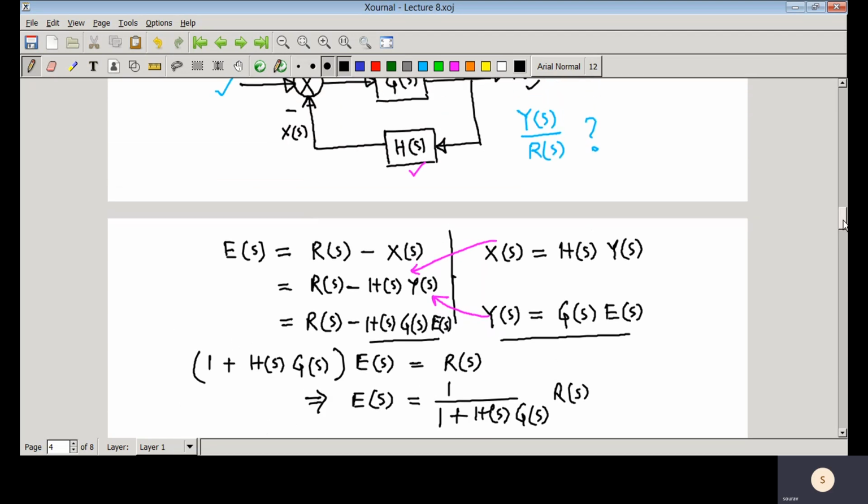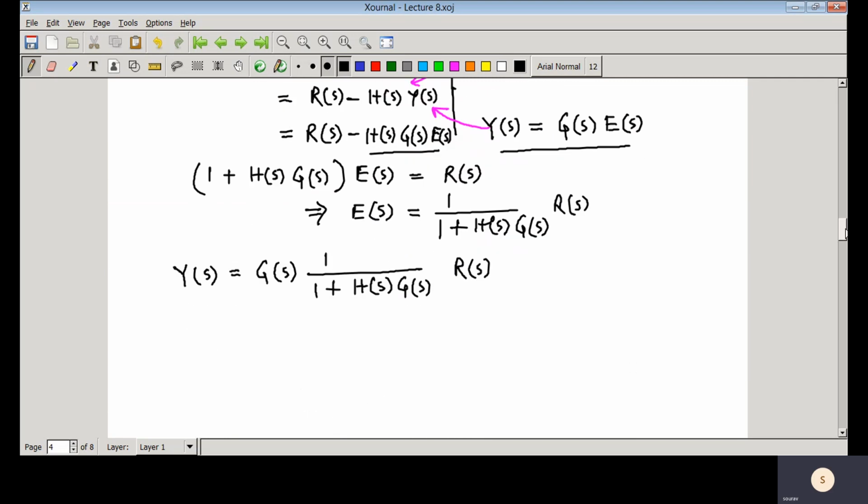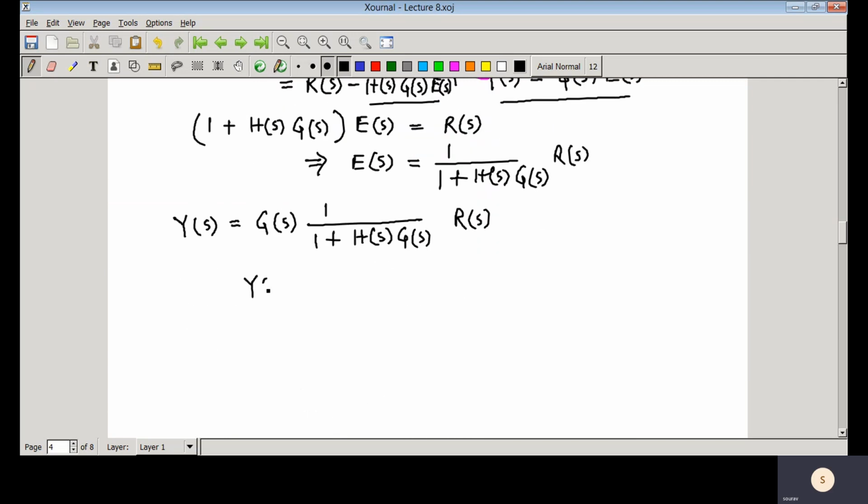So what was our objective? Our objective was to find Y(s) by R(s). So that means Y(s) by R(s) equals G(s) by 1 plus H(s) G(s). So this is the transfer function,